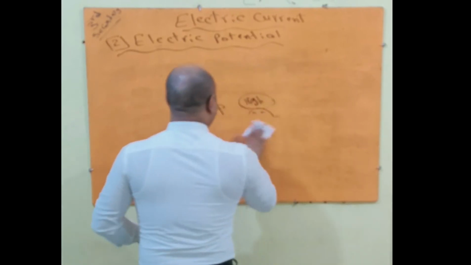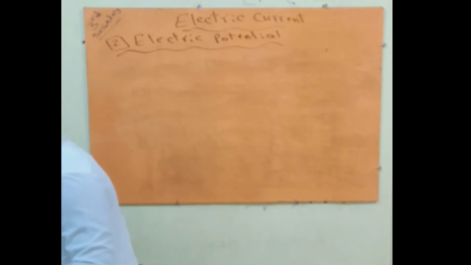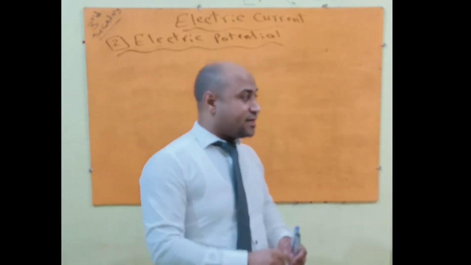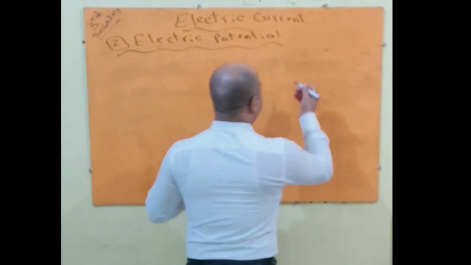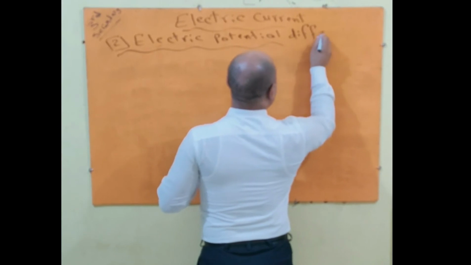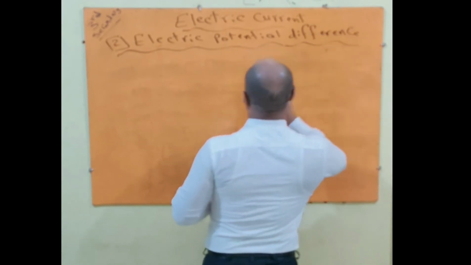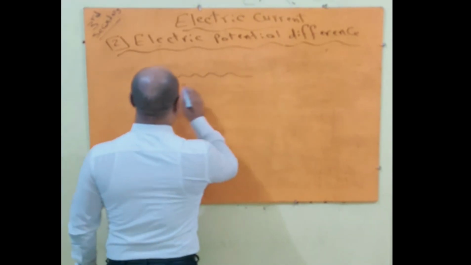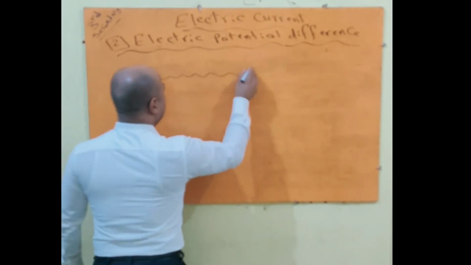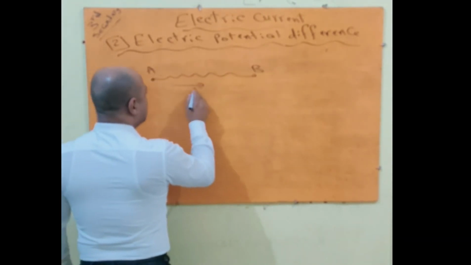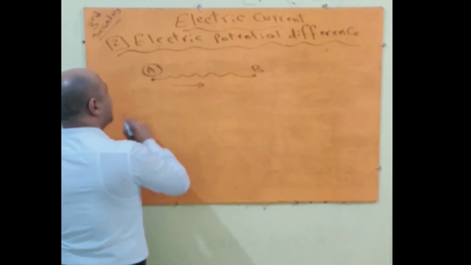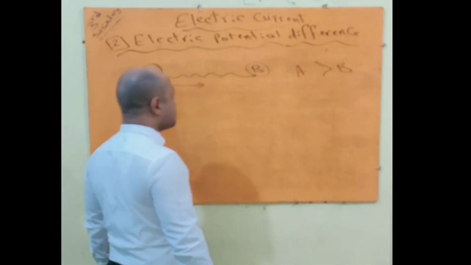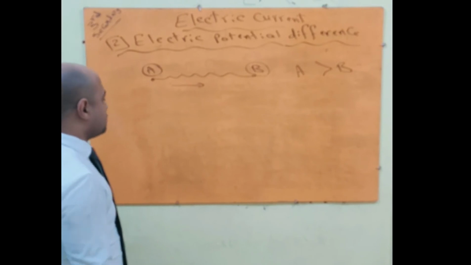Okay, now we talked about electric potential. What is meant by electric potential difference? We said that the electric current flows from a point or terminal to another terminal of the conductor when there is a potential difference between them. If we have two terminals of a conductor, A and B, the electric current flows from A to B when the potential of A is greater than that of B. So what's meant by electric potential difference? It is